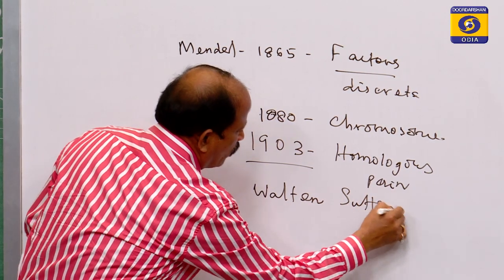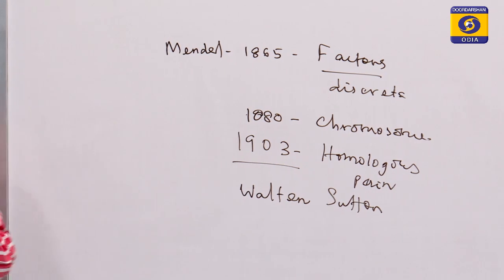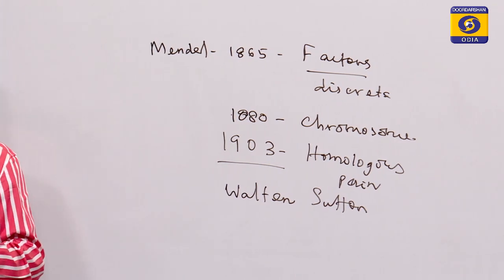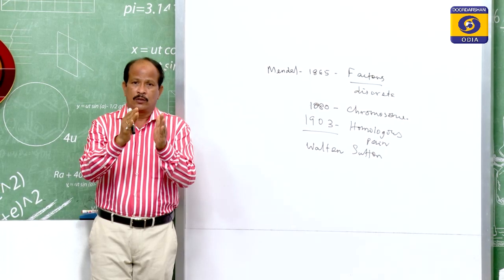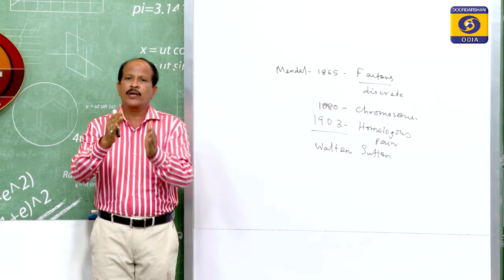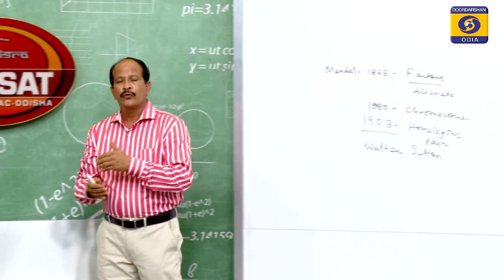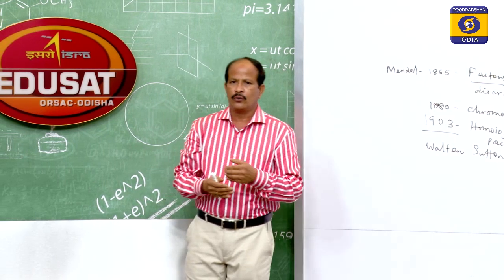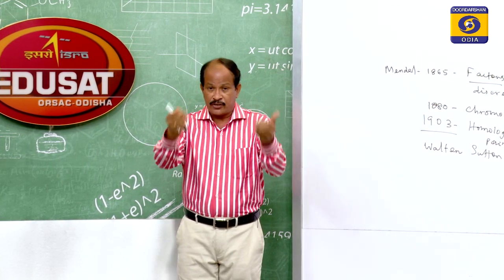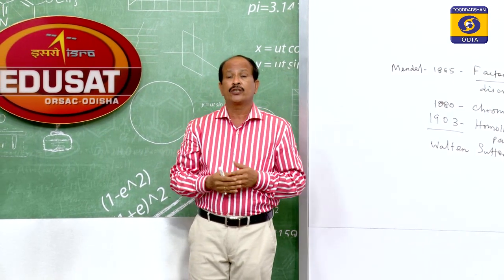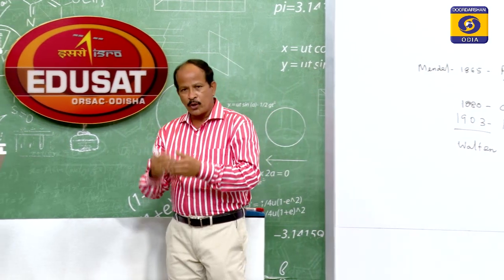During this time, 1903, he proposed that as factors are inherited, similarly the chromosomes are also. Therefore, he went on emphasizing that genes are present in the chromosomes, but thereafter